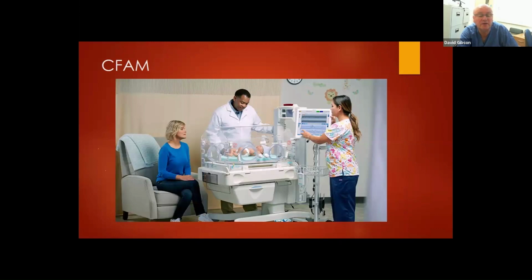And here's a very artificial picture of a CFAM machine. We have just got CFAM in our own hospital in the last year or so. This is either 3 or sometimes 5 or 6 probe simple EEG, and not only do we use it in assisting and augmenting our diagnosis of significant moderate to severe grade 2 or 3 HIE, and in relation to referral for babies for therapeutic cooling,